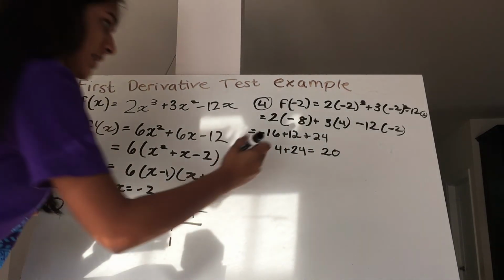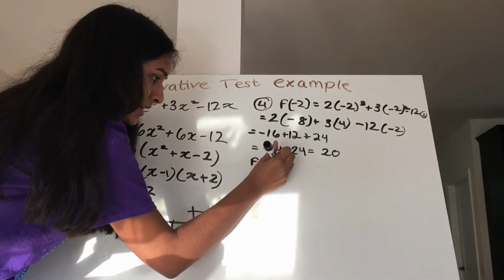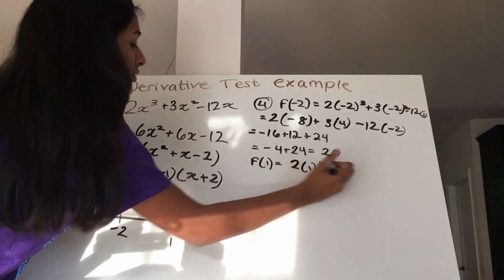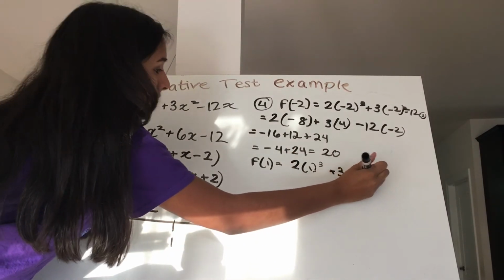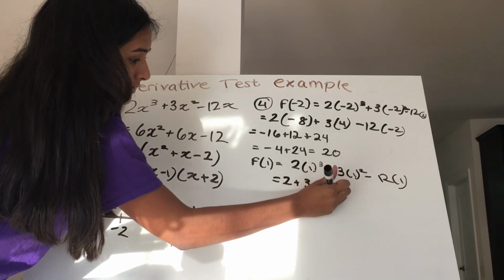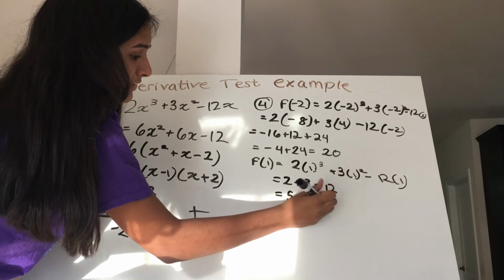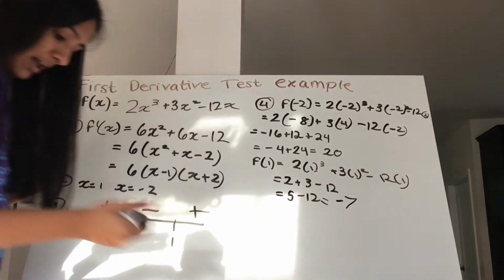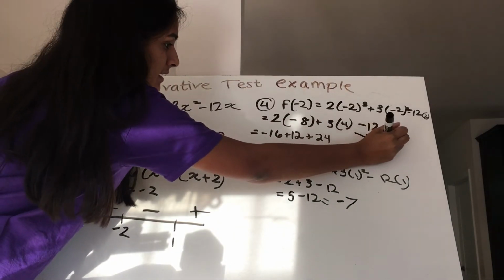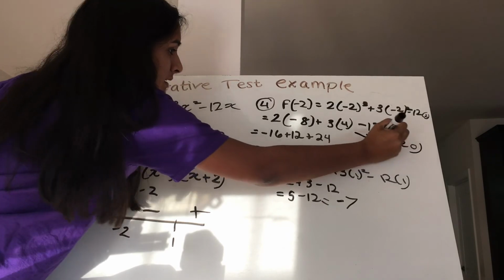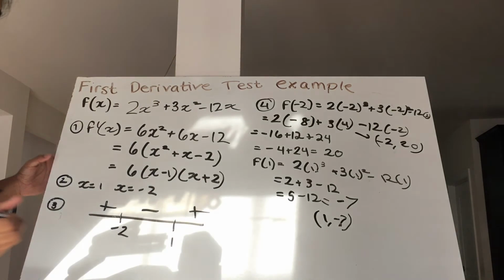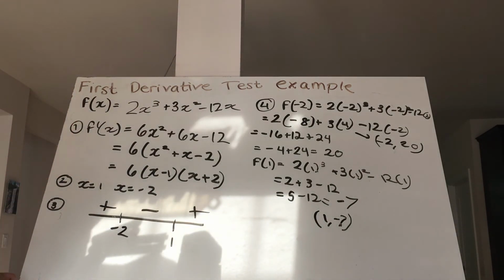So now we're going to plug in 1. So f of 1 equals 2 times 1 cubed plus 3 times 1 squared minus 12 times 1, equals 2 plus 3 minus 12, equals 5 minus 12, equals negative 7. So the point here is (-2, 20). Here is (1, -7). So we can identify that